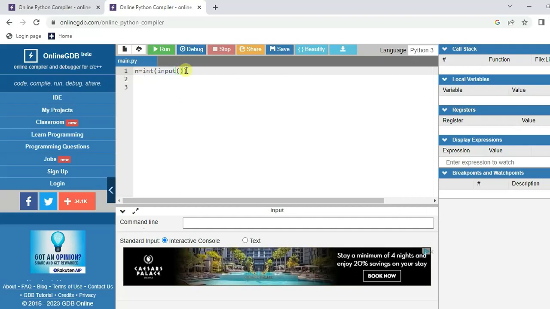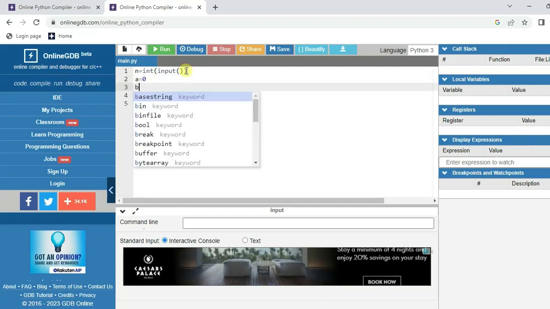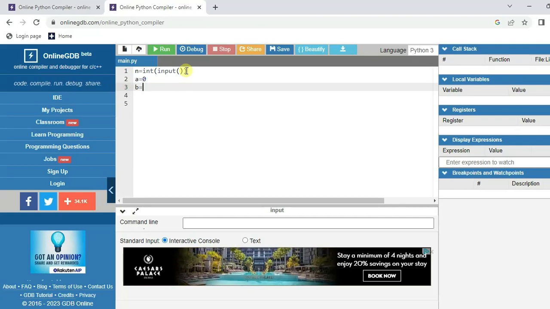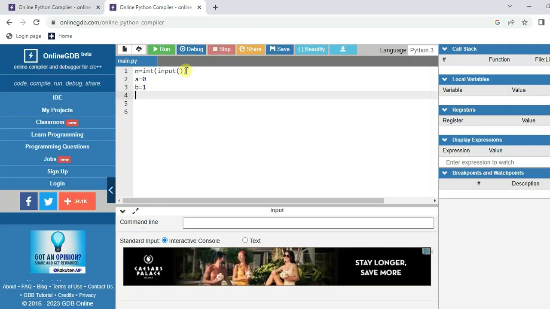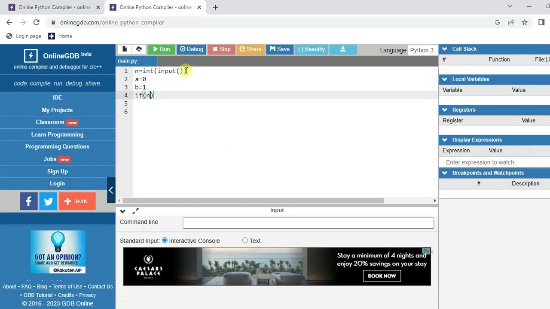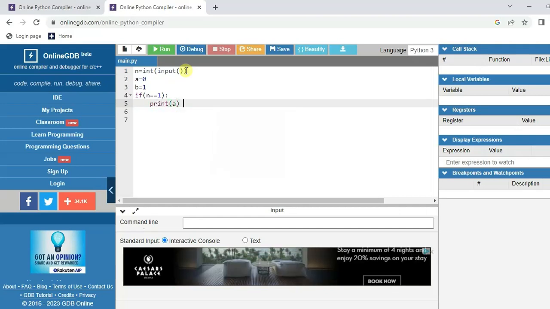Like before, we will do A is equal to 0 and B is equal to 1. We will initialize it because the first two numbers need to be initialized, so that only we will get the second number. If n is equal to 1, it is for comparison purpose. We will print A,